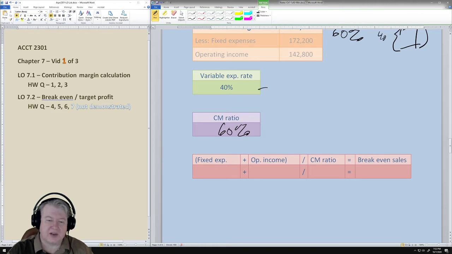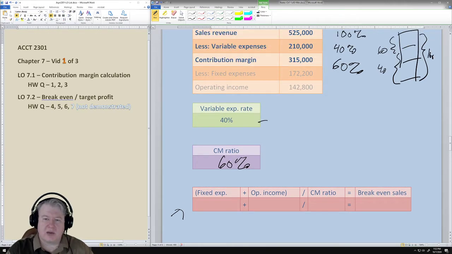So here's the next thing that we're introducing, the little equation. So we are going to pull in the fixed expenses now, because this is our break-even equation. But we can also use this for if we wanted to calculate how much would we have to sell if we wanted to get a certain amount of profit. Well, break even by default means we're not losing money and we're not gaining money. So we're going to use the same equation later on, but right now for break even,